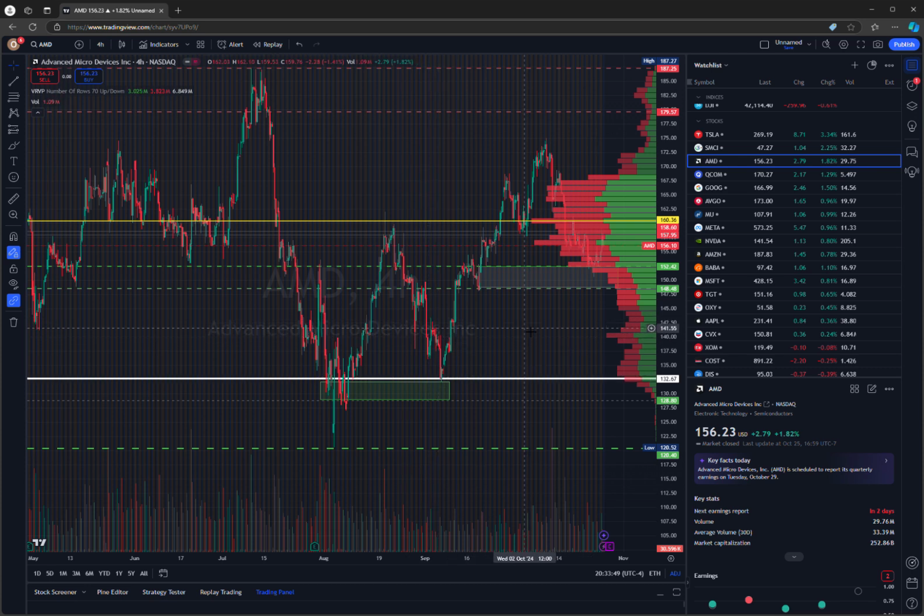So the other part of this rule, for this challenge too, is it's only going to be on the long side. So I'm only taking a long side BFI zone origin retest, first retest of zone. So it's going to take a lot of patience. We're not stuck on any one ticker, but